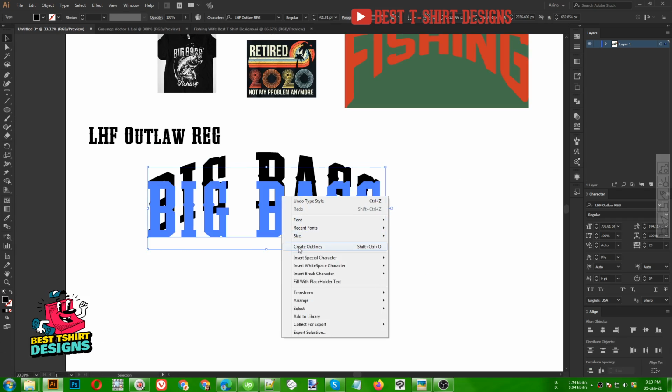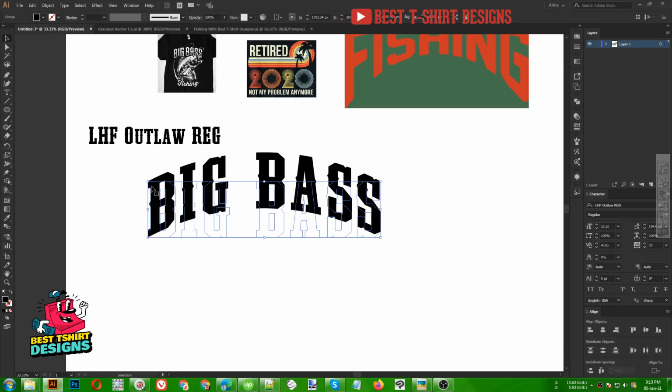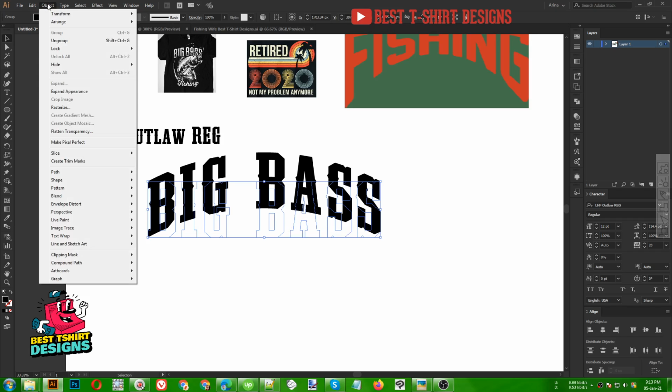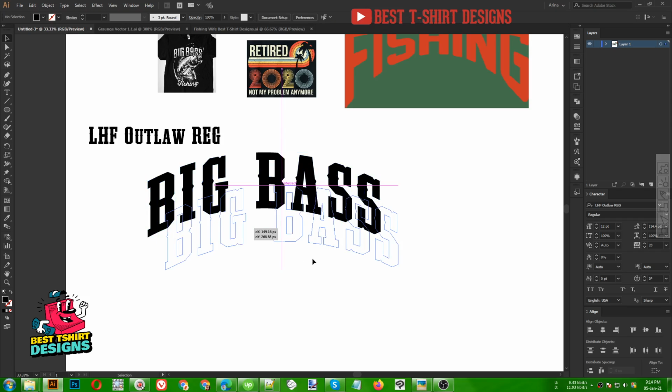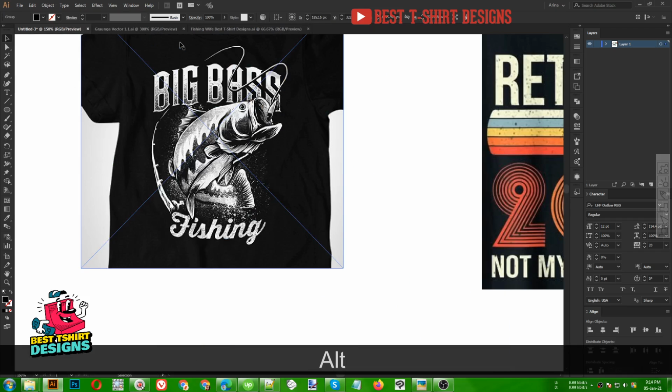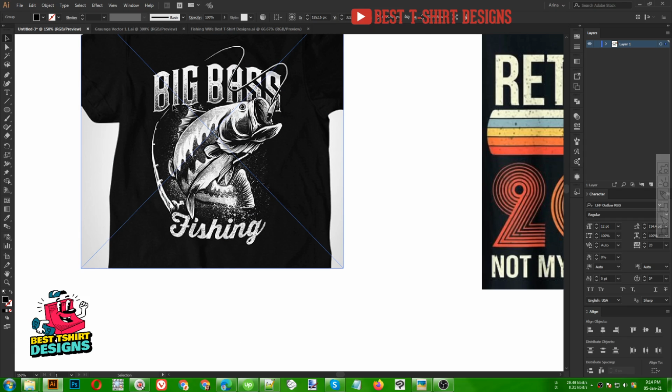Now let's break the font. Once we are applying any effect, we need to expand it. We just expand the text, not the effect. So go to Object, Expand Appearance. Now it is expanded. So for creating this effect, the first step is we need a white layer